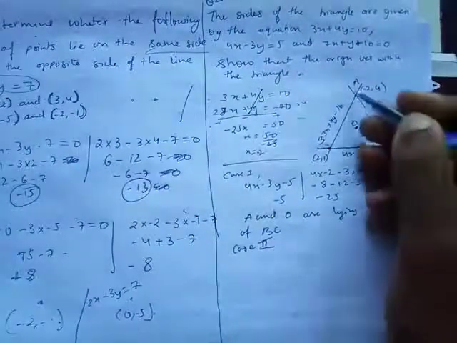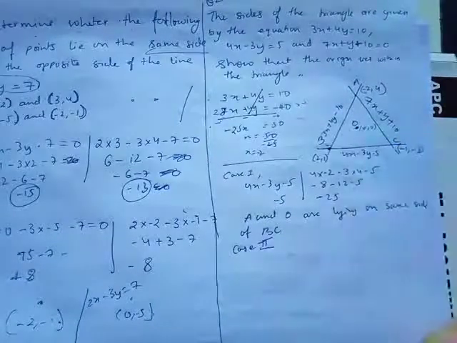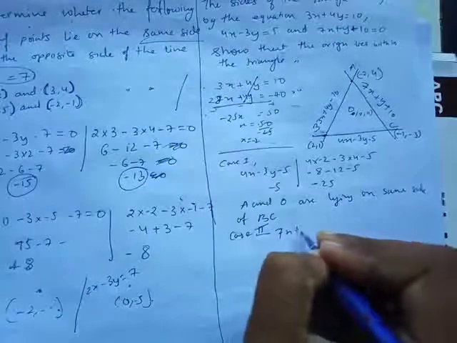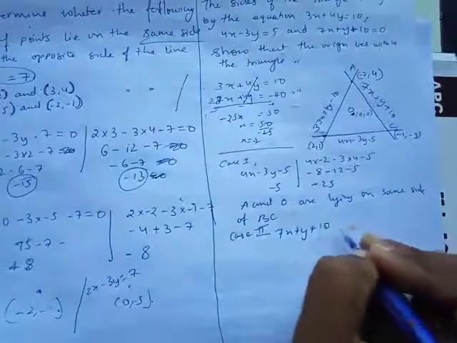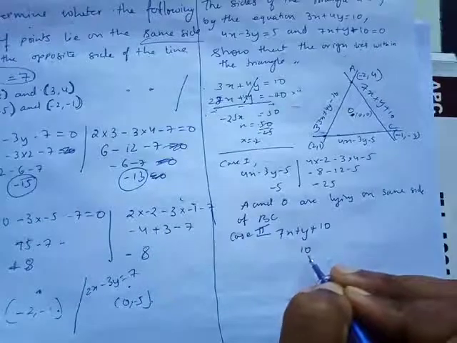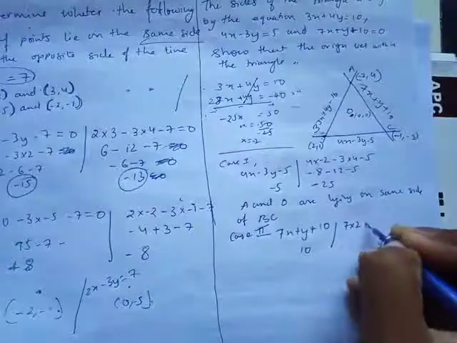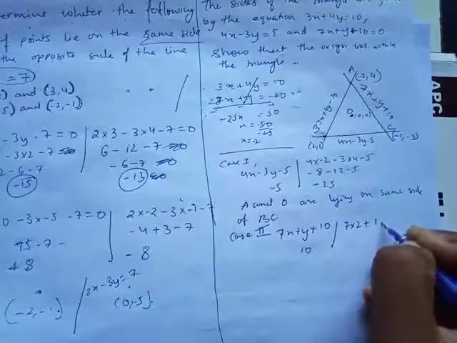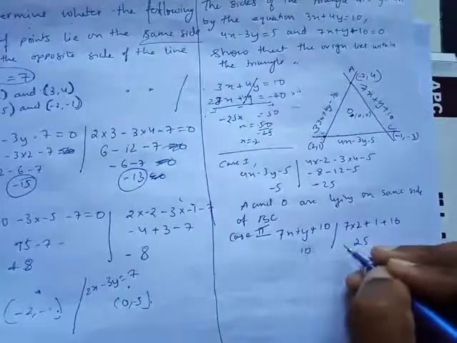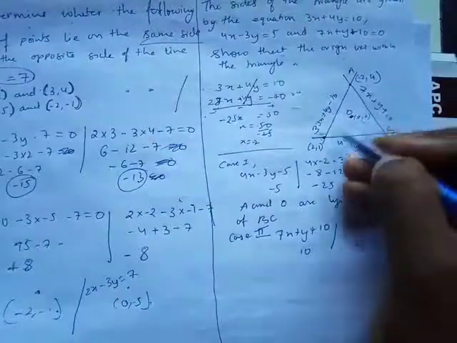Okay, what I will do, I will take this line and I will show that ये लाइन से O भी इधर है और ये भी इधर है। Okay, so I'll take 7x plus 4y plus 10. Okay, and I'll put the value of 0 and 0, so it's going to give me 10, and then I'll put this point 2 comma 1, so 7 into 2 plus 4 into 1, then plus 10, 14, 24, 25, and both of them have the same sign. ये भी, जब मैंने ये 0 comma 0 और जब मैंने ये put किया, they have same sign. It means these 2 points are on the same side.